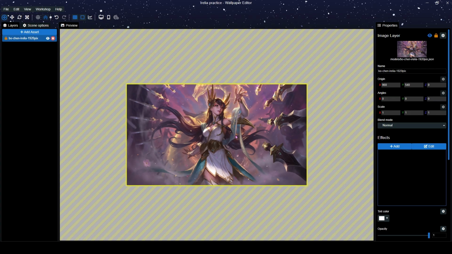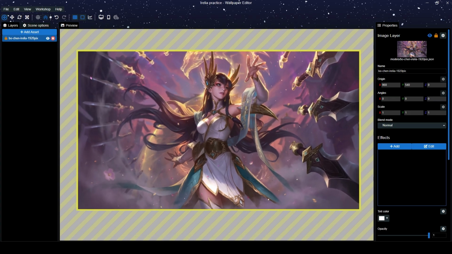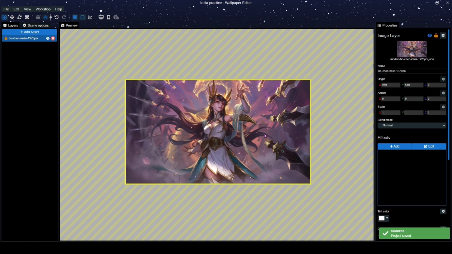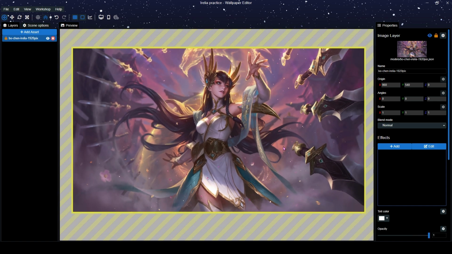And we're imported. Okay, so after it's imported, you can see on the left add asset, on the right add effects. Those two will be the main things we'll be working with today. So the effects will always affect the image that you're working on, and the add asset will affect the whole